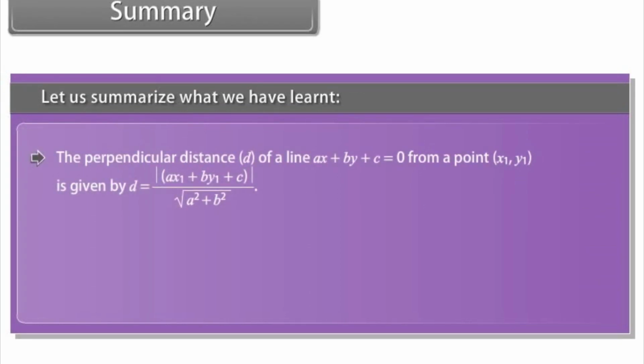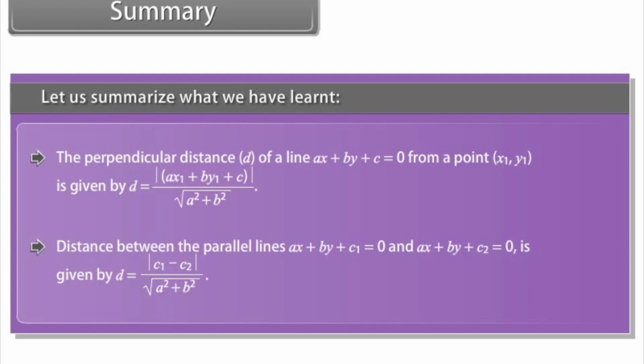The perpendicular distance d of a line ax + by + c = 0 from a point (x1, y1) is given by... The distance between the parallel lines ax + by + c1 = 0 and ax + by + c2 = 0 is given by